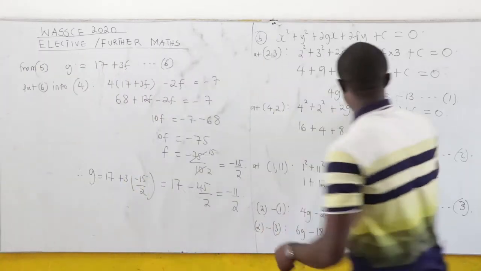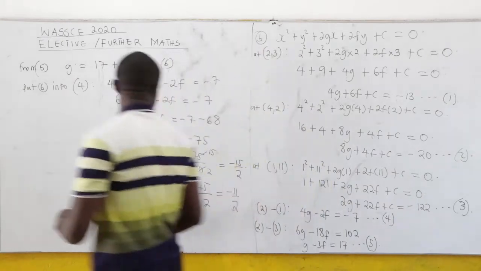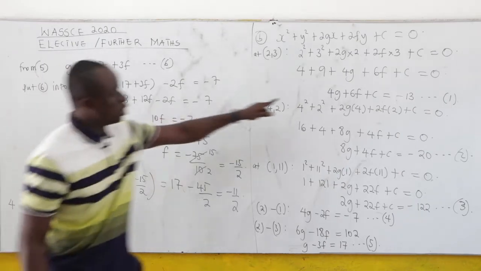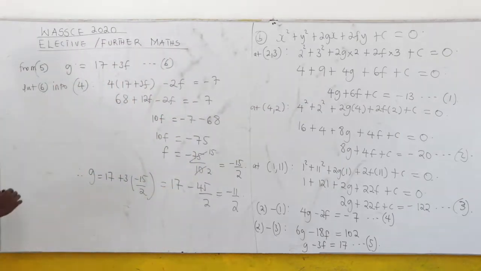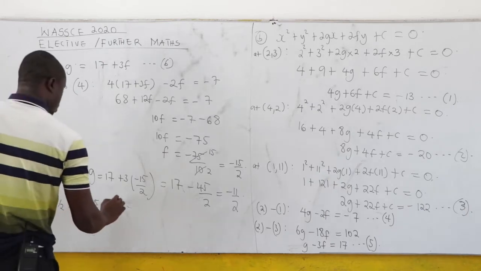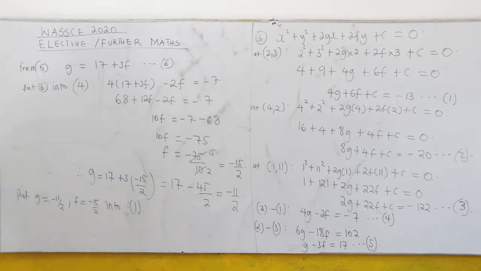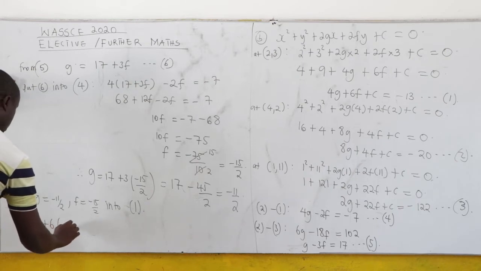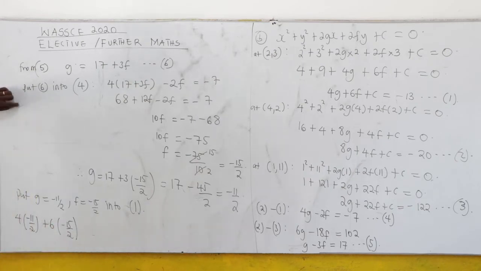So let's see equation 1. Let's put everything into equation 1 for our c. So I can start by saying put j equal to negative 11 over 2, f equal to negative 15 over 2 into equation 1. So you have 4j. What is our j? Negative 11 all over 2, plus 6f. So 6, what is our f? 6f, negative 15 all over 2, plus c